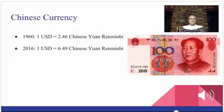In China, they use a currency called the Chinese yuan. In 1960, $1 equals 2.46 Chinese yuan. In 2015, a dollar equals 6.6 Chinese yuan. That is an inflation rate